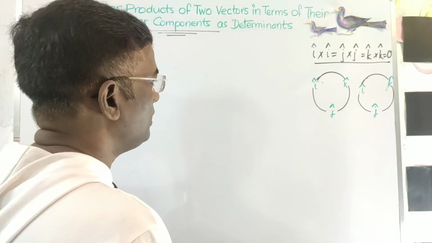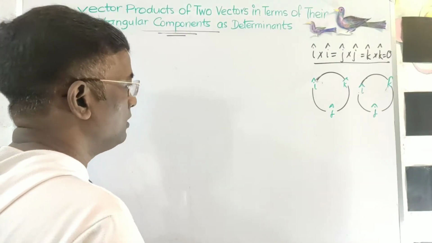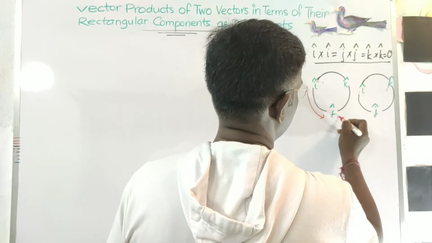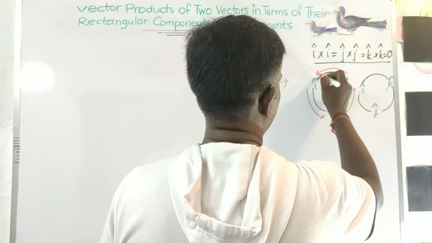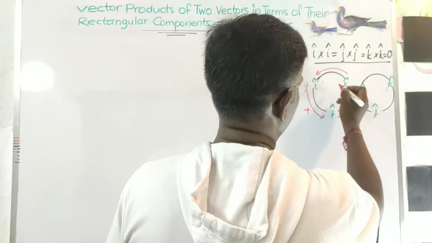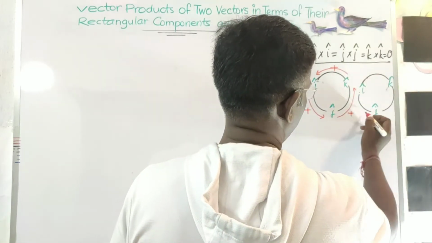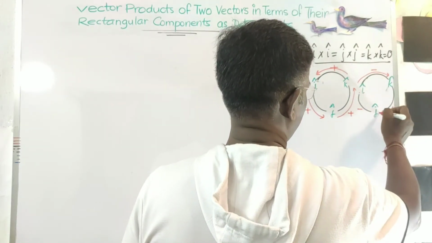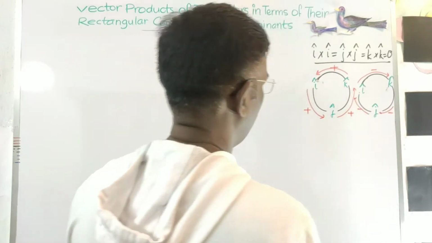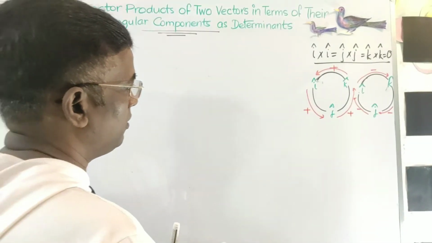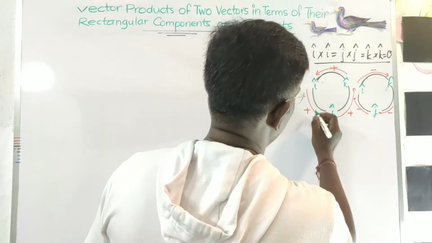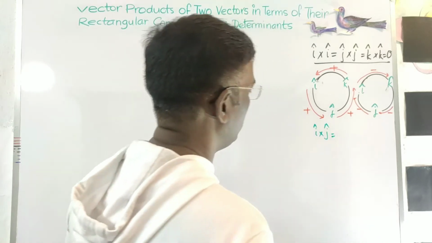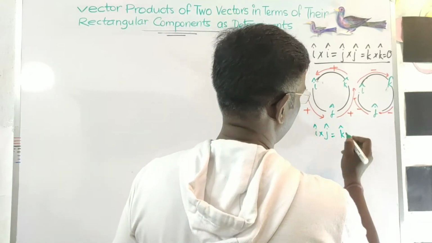Now here in one I'll be proceeding in the anti-clockwise direction. Plus sign I'm writing. I will explain why I have written plus sign, and this will be your minus sign because here I'll be proceeding in the clockwise direction. Take care. What does it mean? Now if I go anti-clockwise, the cross product of any two unit vectors will be the third one, k, with a positive sign, positive value.